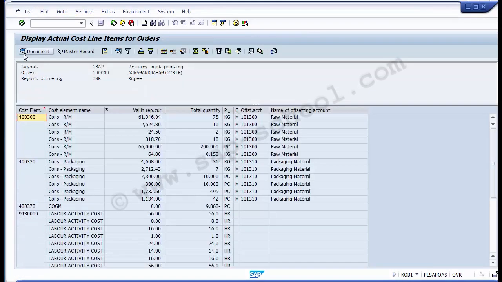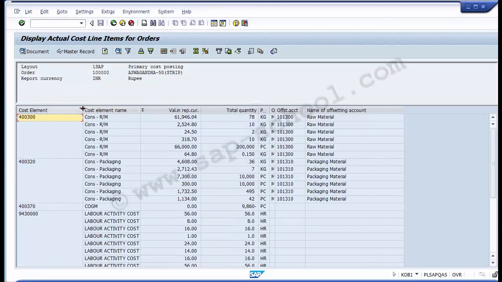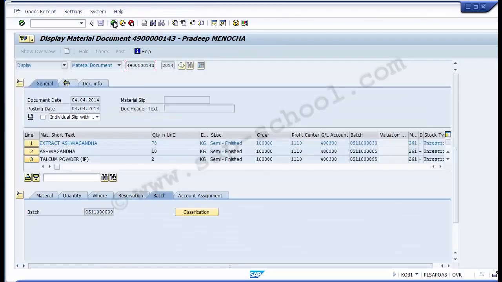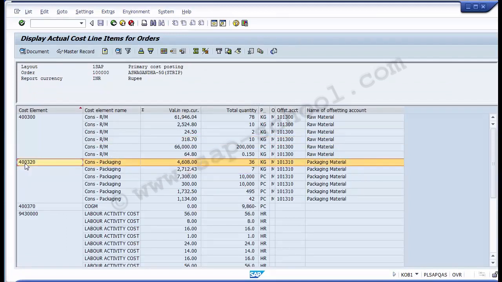Now executed, you can see the different values reflected to you. So these are the breakup, the line items reflected to you. This is the cost element with respect to this internal order. These are the different values posted as actual line items, which you can see over here, and the same way you can go below. So in this particular internal order, the cost element 400300 has been used as consumption raw material for posting these different values. Similarly, for this particular internal order, another cost element has been used, that is 400320, and